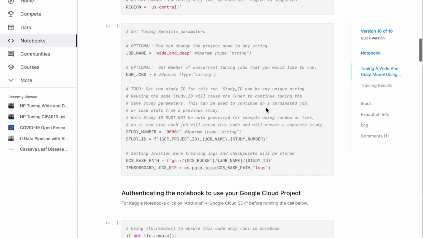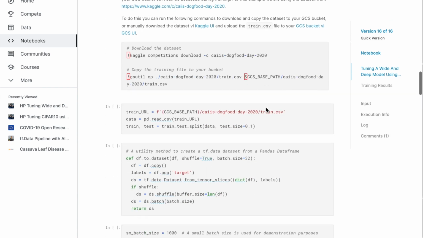The key difference is that it's a different data set. Where we have the difference is that we're loading in this data set from the Kaggle competitions API. So this is a dog food data set. I don't personally know this data set, but this is just an example of using another data set instead of using, say,